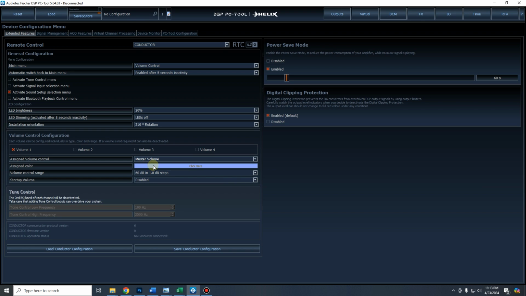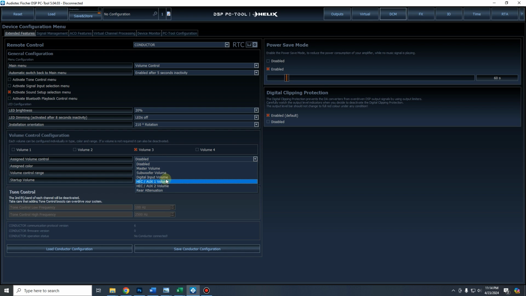In these situations, when you have an external source, you want to be able to control your volume at any moment's notice without having to press a button just to get to that main volume menu. And then second one could be subwoofer volume. And then third one, depending if you have any of these other ones,